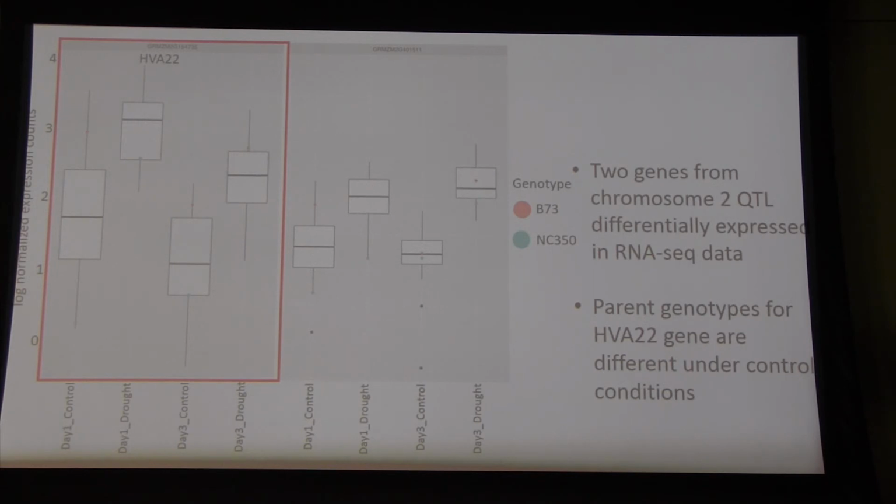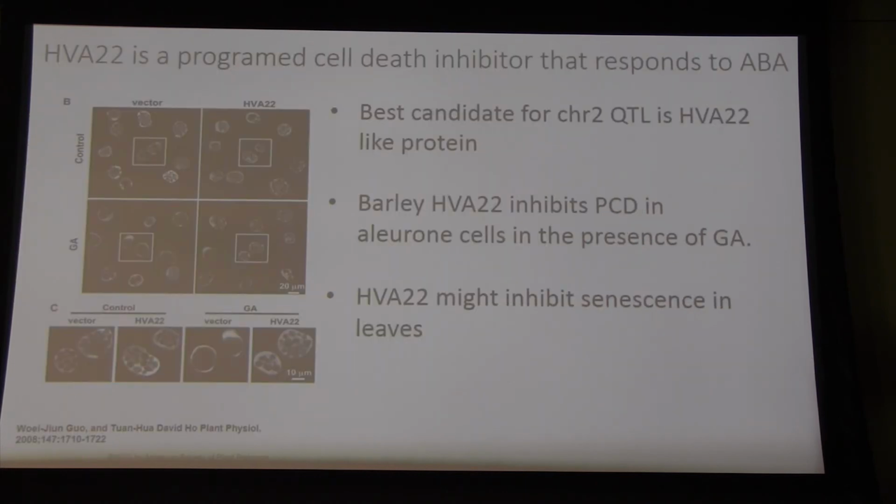And they don't seem to be at opposite ends under drought stress, but at least under control conditions, there seems to be a big difference between my 2 parents, and this gene is differentially expressed under drought. And so what it is in barley, this HVA22 is a programmed cell death inhibitor that is responsive to the